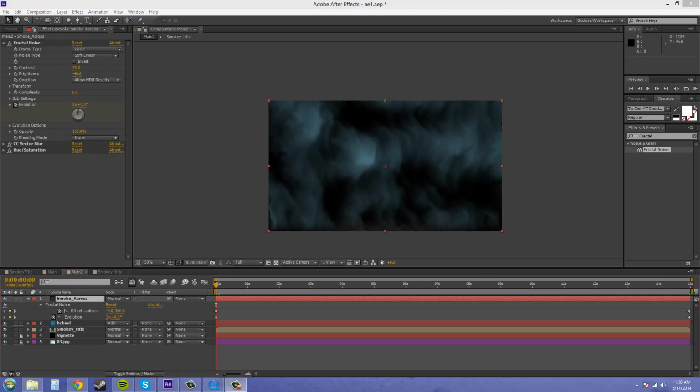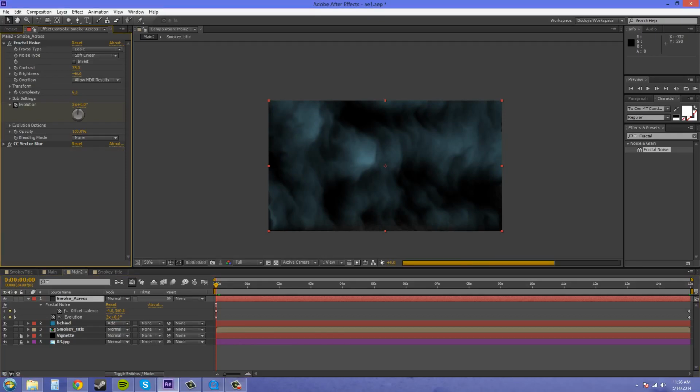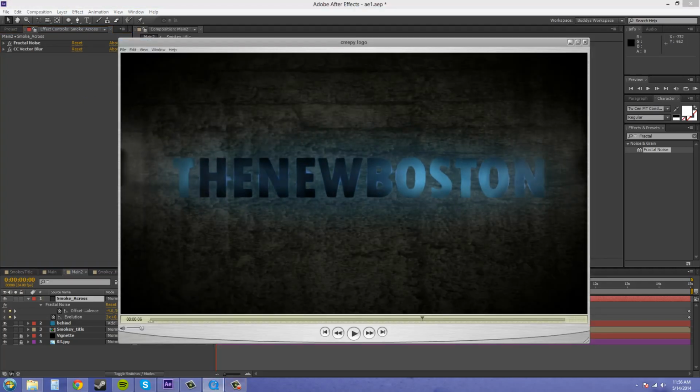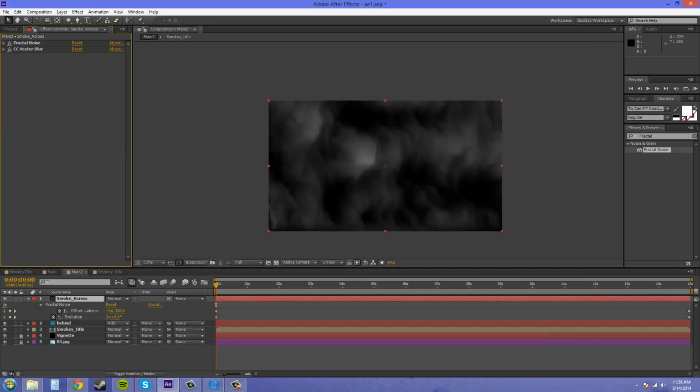Now I found that having the blue color on this one put a little too much blue for my taste, so I'm just gonna delete out the hue saturation and leave it as the white smoke there. It looks kind of blue already in mine anyway. It gives it a little more color, different kind of color than just being everything all blue. So we have that,